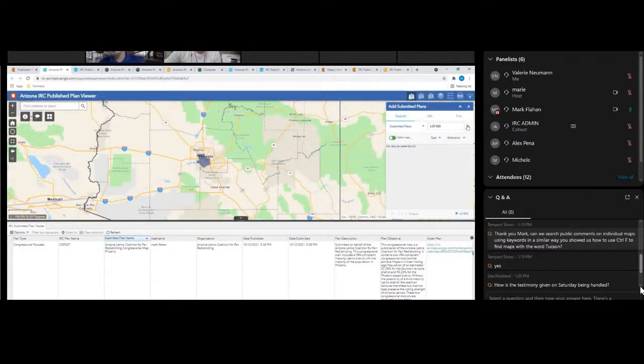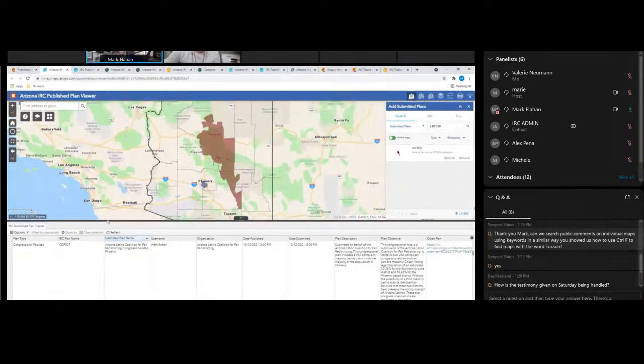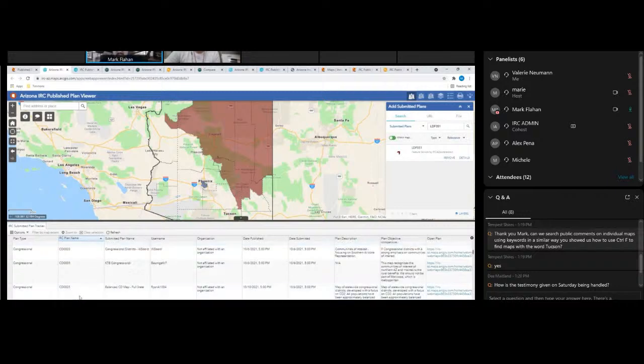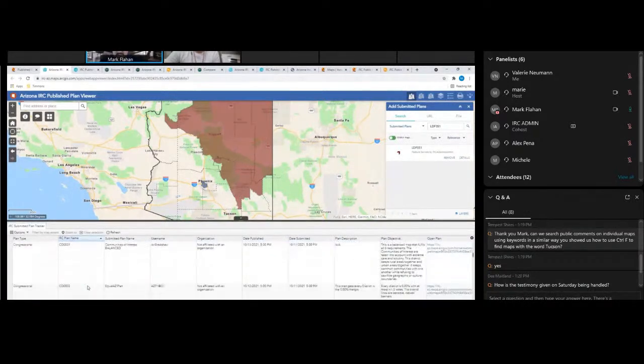Oh, there we go, 050, which is here. So that's one of the Northern Arizona ones, and I think 51 is the second. And you can find that out by going in here, sorting by plan name, and